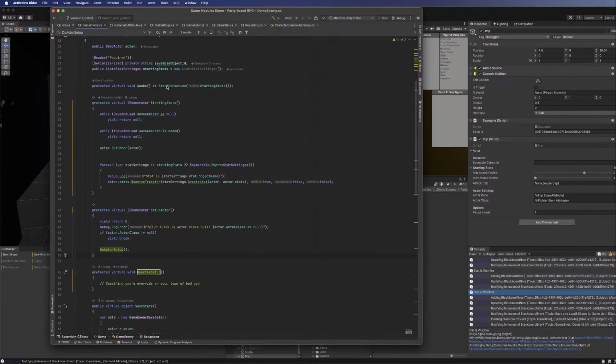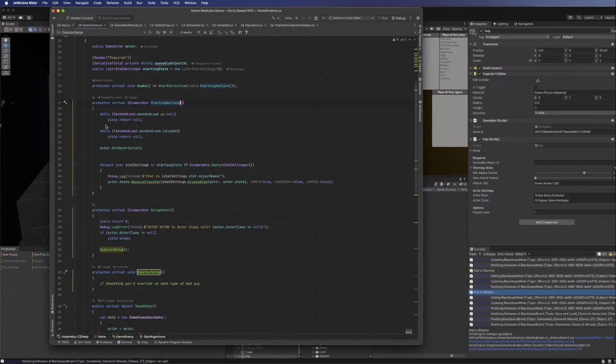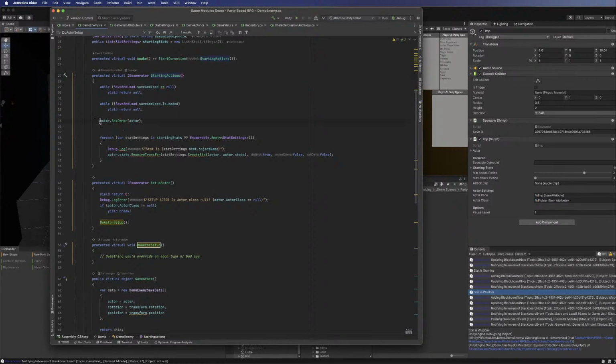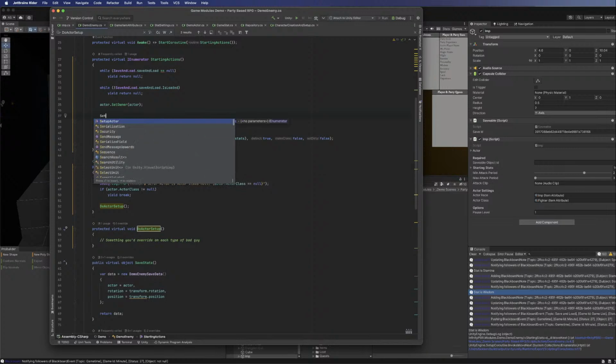All right, so on awake, doing starting stats. Well, we're going to rename this to be starting actions. All right, so the actor, set owner, we need to do that every single time. So we're going to keep that there. And then this is the starting stats thing. And so what we're really going to do here on demo enemy is do the setup actor. So setup actor and